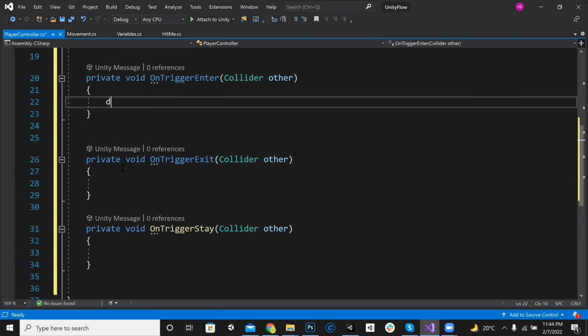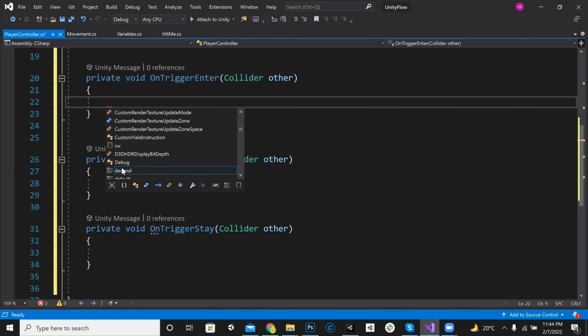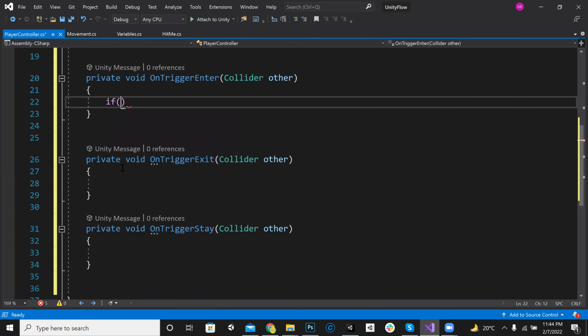And now you can see, like, Debug: if other dot tag is equal to cube,